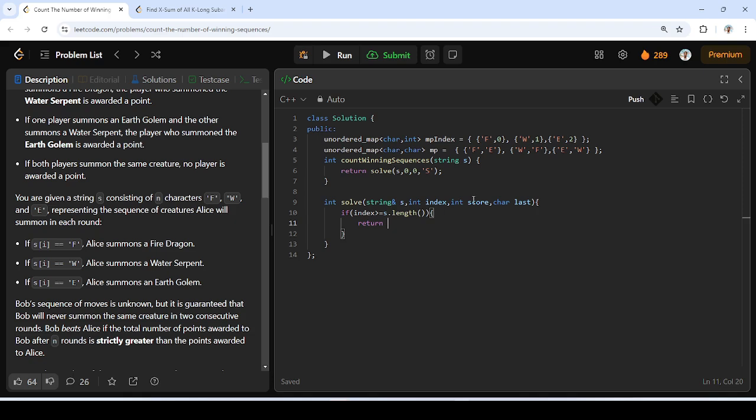That depends on score, right? If score is greater than or equal to 1, then Bob won. Otherwise, I want to return 0. So if score is greater than or equal to 1, return 1. Now since I am going to have a take or not take approach, right? Or here should I say